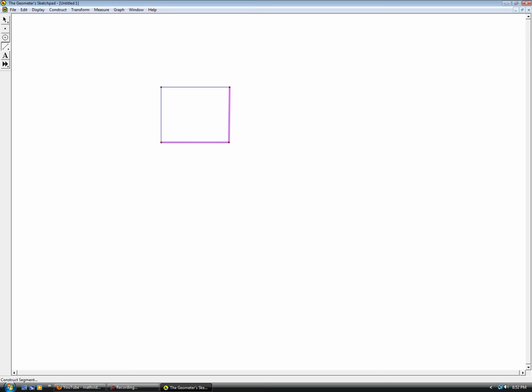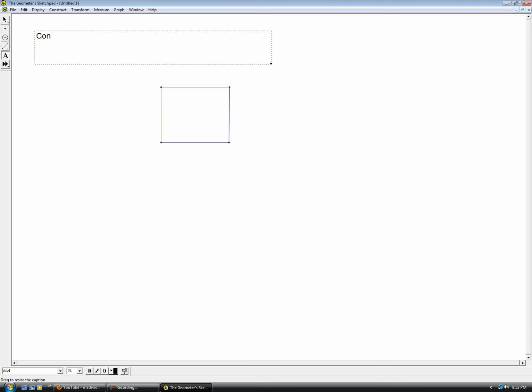horizontal and vertical segments. My goal here is to construct a square. The idea behind these dynamic constructions is they need to maintain all the properties of a square no matter how I manipulate or drag. And so this construction right here,